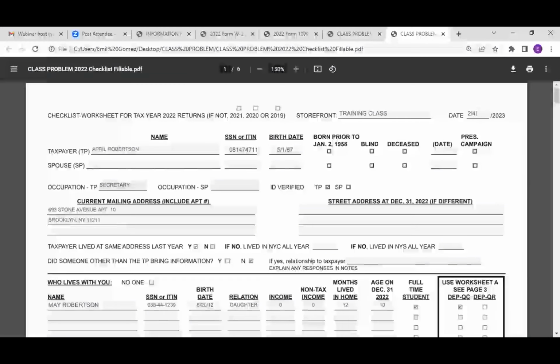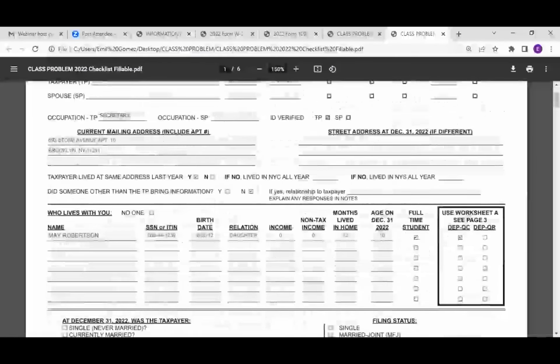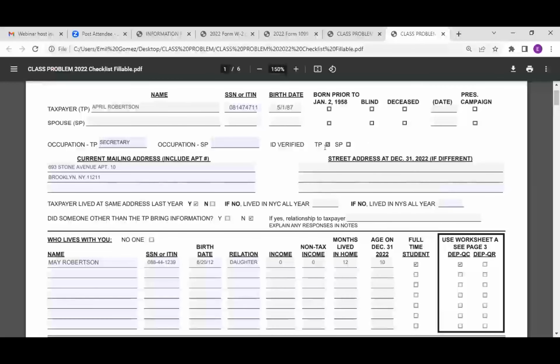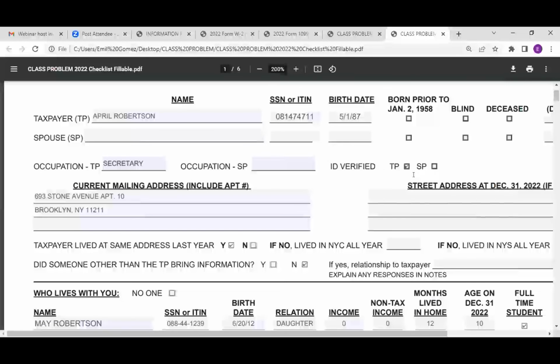We're doing this today, the 4th of February. Taxpayer's occupation. Have we verified their ID? So we tick it off here. I ticked it off. You see it there. It's kind of small, but it is there. And how do we verify their ID? We take their photo,